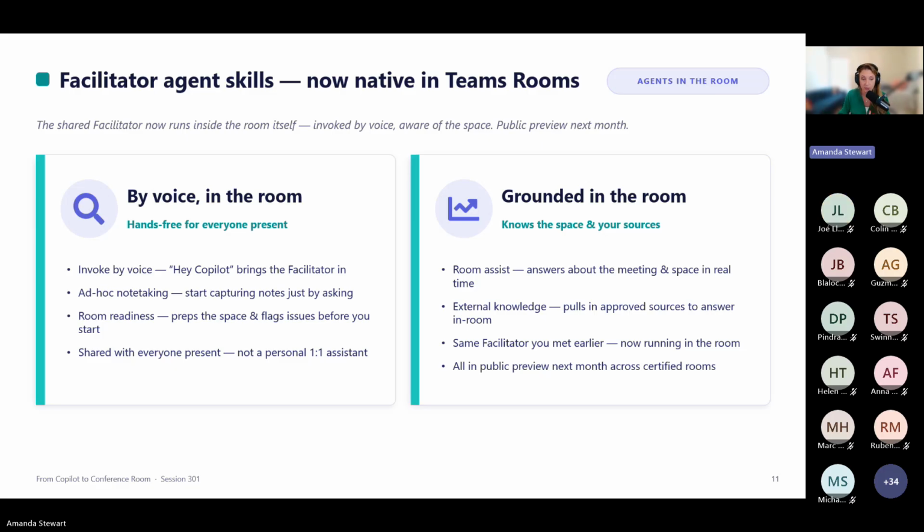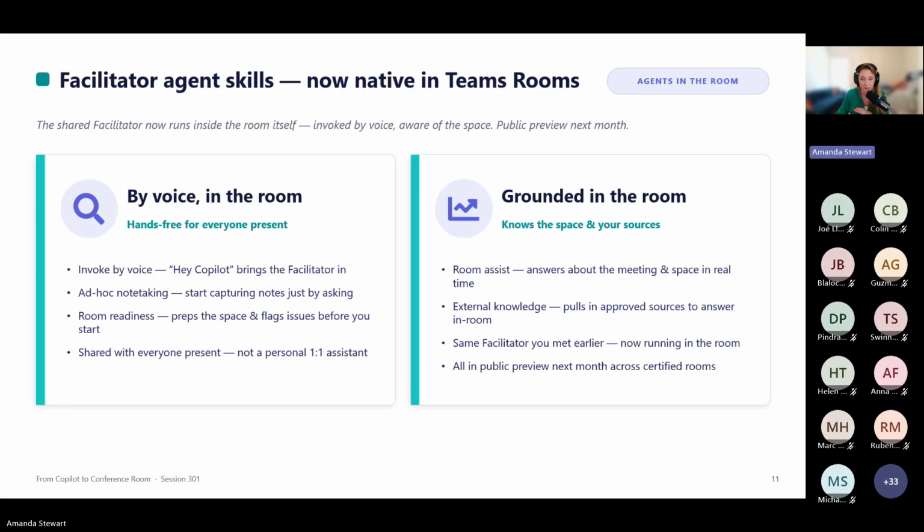It does ad hoc note-taking on command, meaning it can start capturing notes by simply asking out loud, no laptop needed. Room readiness has it prep the space and flags issues before the meeting even starts, right? So is there a chair sitting in front of the camera? It will now proactively address that type of room readiness.